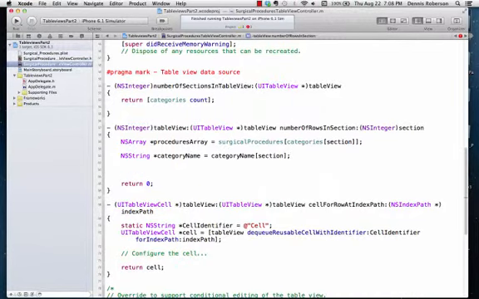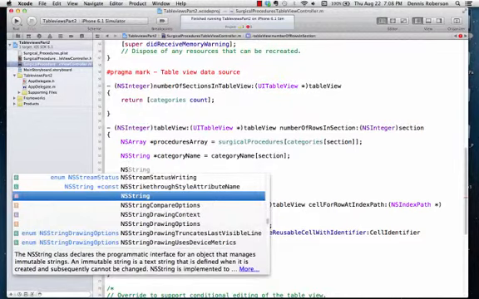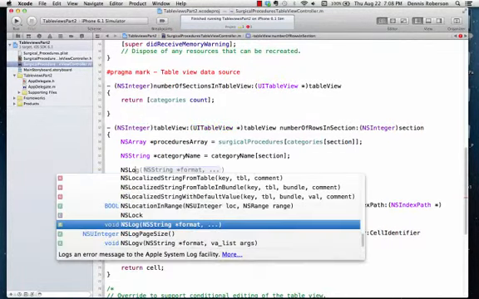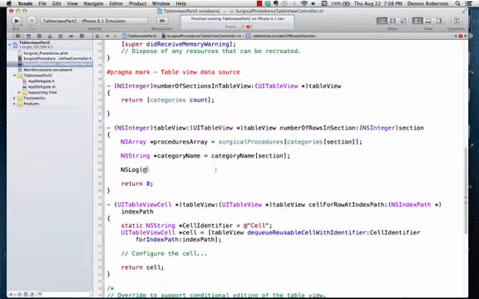Now we'll write the log statement to print out the category name, the section number, and the procedures count. And this is going to be kind of a long log statement. And slog. And what should we say here? Let's say the category name is %@ for our placeholder. The section, let's see, the section number is, and we need another placeholder. This time it'll be a %d because it's an integer,